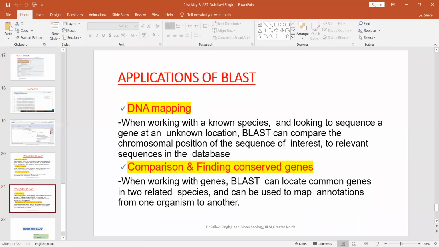And last, not just protein motifs, we can also find conserved genes by using BLAST, as it can relate the common genes in two related species, and it can be used to map annotations from one organism to another.